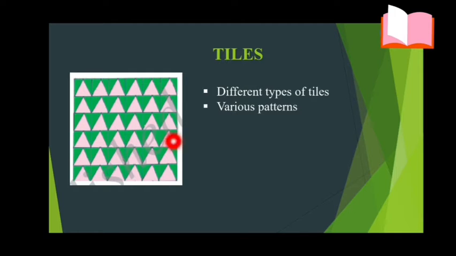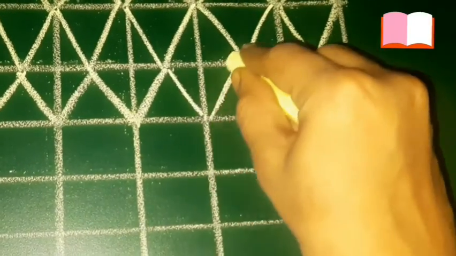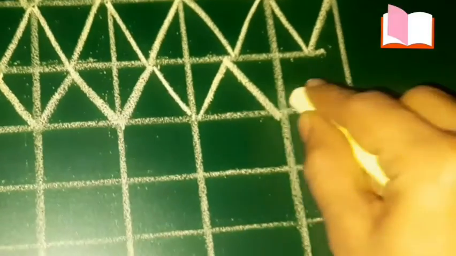Here is the pattern given in your textbook. So, this is arranged in a pattern. We can also arrange these triangle shaped tiles in different patterns. Now let's get to know how to arrange the tiles in different ways. Students, see here, I am arranging the triangles in a diamond format so that this forms a new pattern of